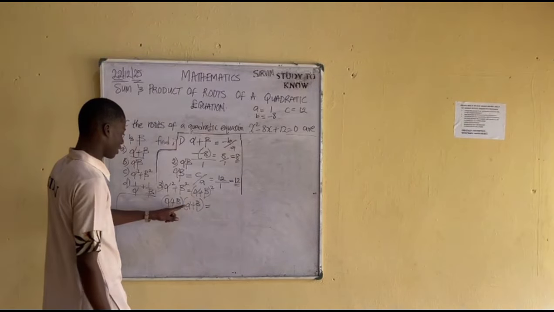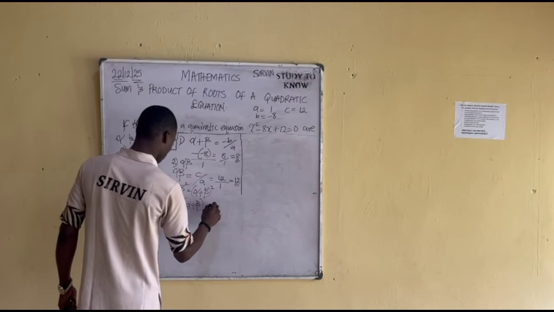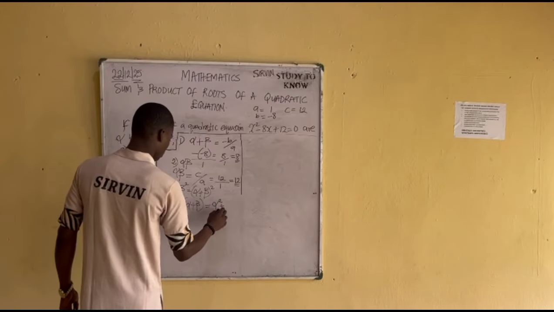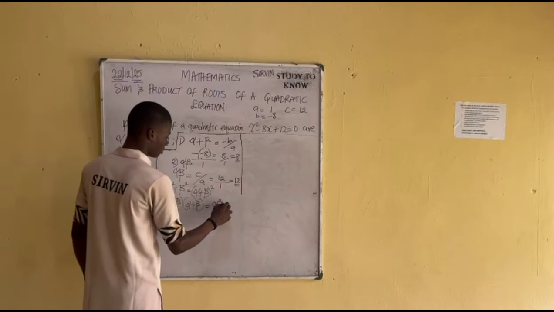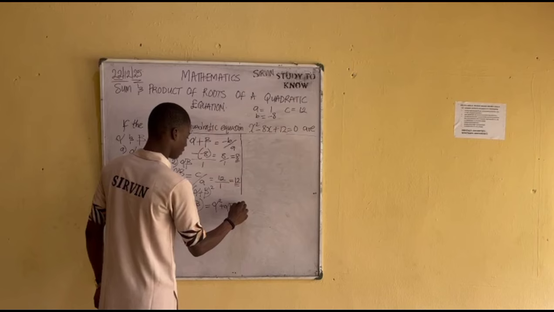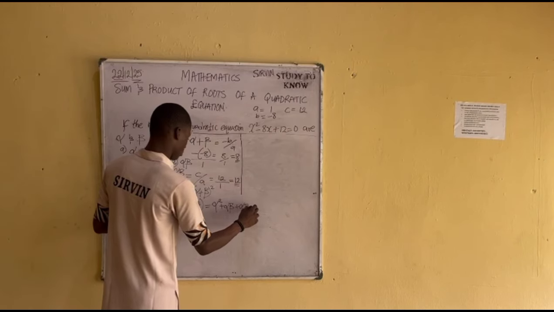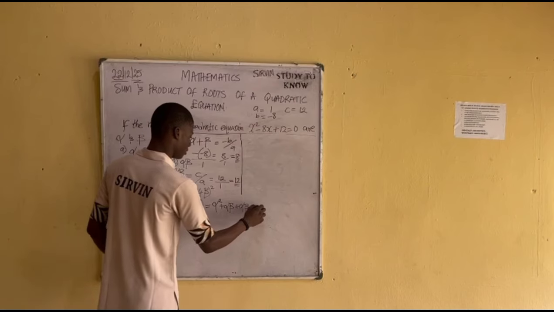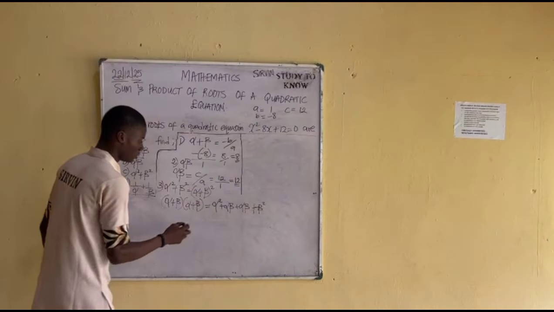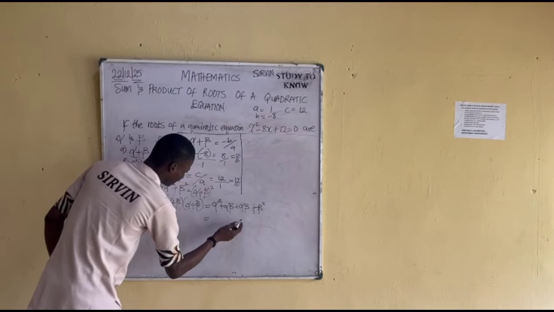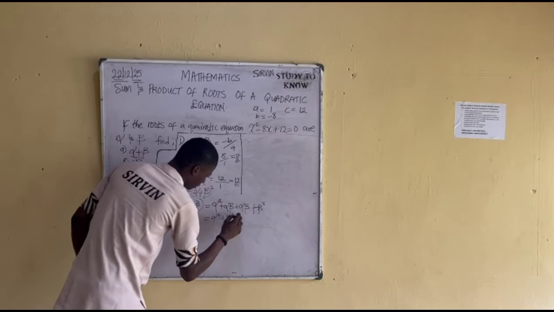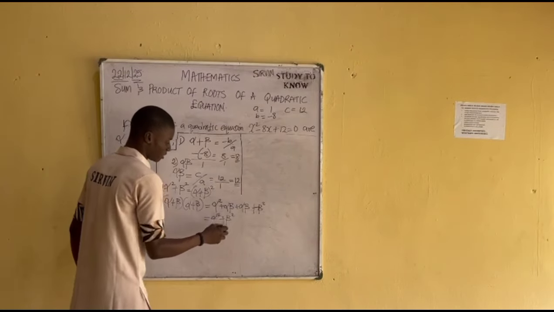Alpha times alpha is alpha squared, plus alpha times beta, alpha beta. Beta times alpha, alpha beta, plus beta times beta, beta squared. So on the right hand side, I'm having alpha squared plus beta squared, and alpha beta plus alpha beta is